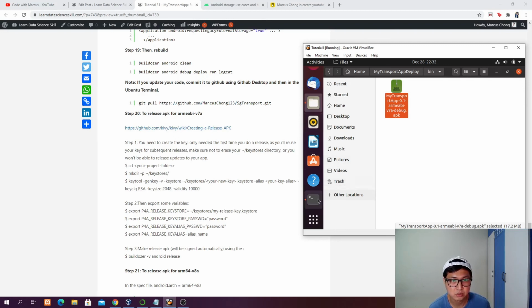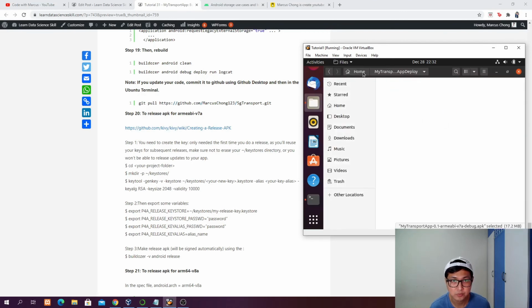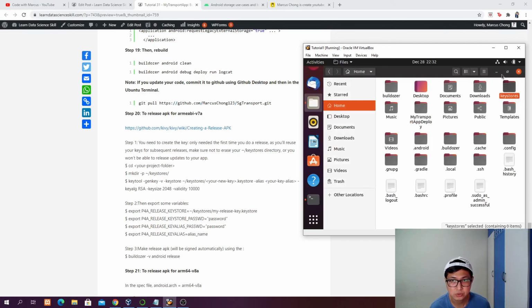But basically in your terminal you will have to make a new directory called keystore. mkdir -p /keystore/ and then you will see that you will have a keystore folder. Okay,